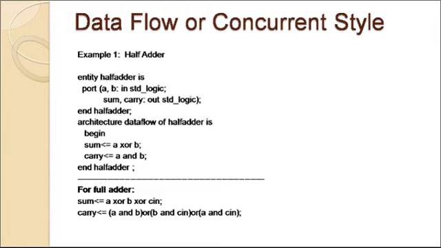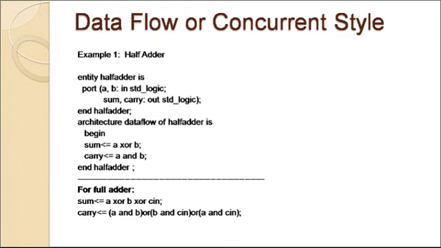One thing you try to understand over here: I have written A, B colon in std_logic. Instead of that, I can make it separate also: A colon in std_logic semicolon, then B colon in std_logic semicolon, then sum colon out std_logic semicolon, and carry colon out std_logic. In this style also I can write the entity. There is no problem if you are using commas for similar things, but you should check that the comma should be used for the same type. After that, you have to end the entity, end half adder.